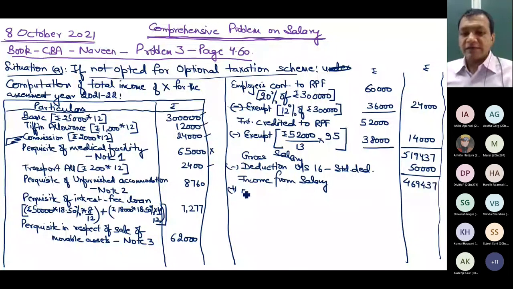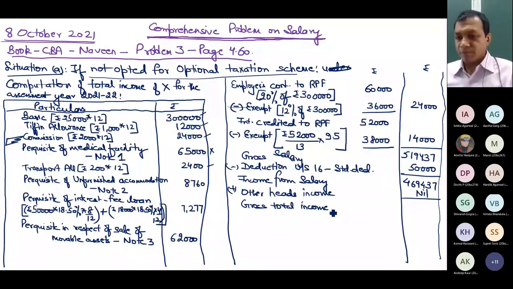Add other heads of income: nil. It is gross total income. This is the presentation. Less: